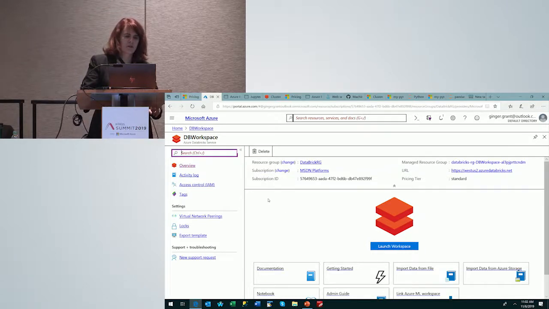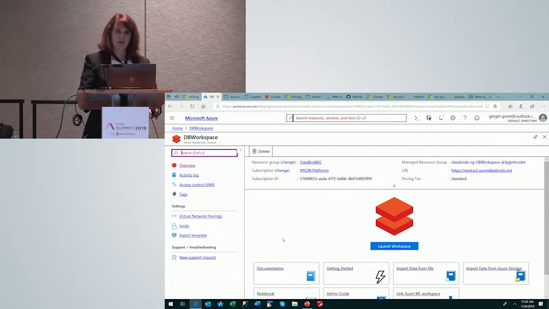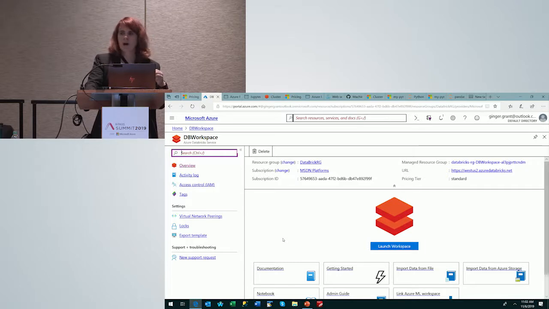Creating it is relatively simple, but there is one catch, and I wanted to just briefly talk about that. If you want to use a lot of the very high-end services that are available with Databricks, you need to know which data centers have those services, because the highest end clusters are not available everywhere. They're only available in some of the data centers.